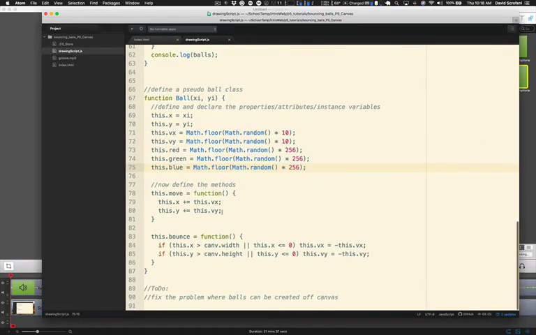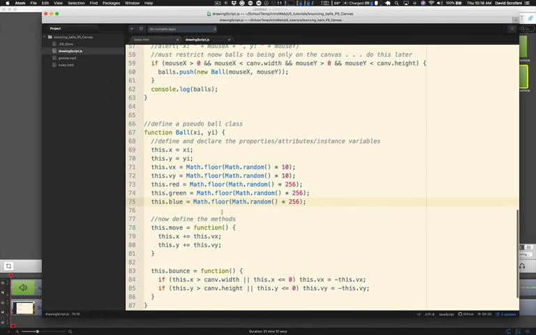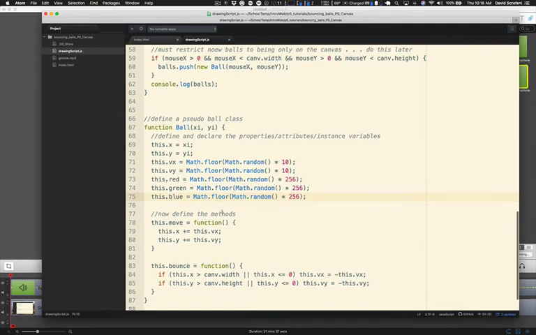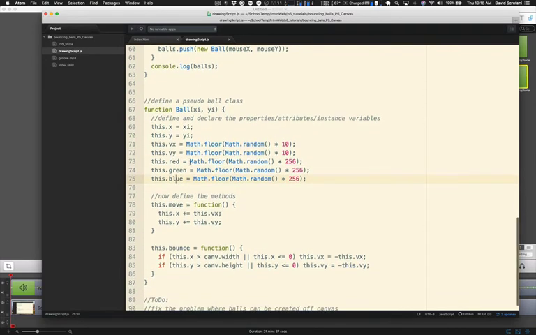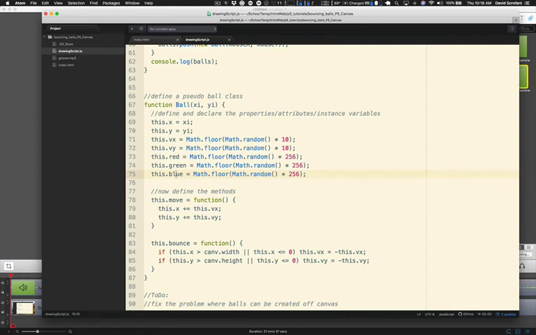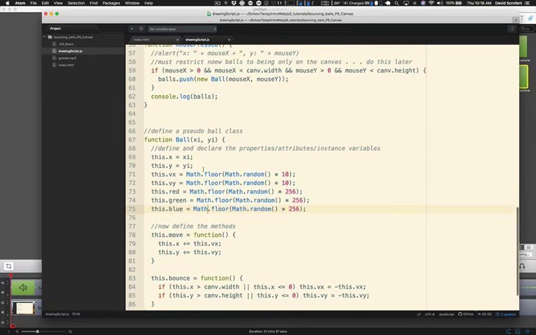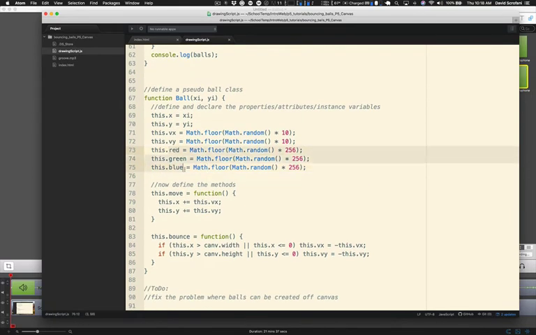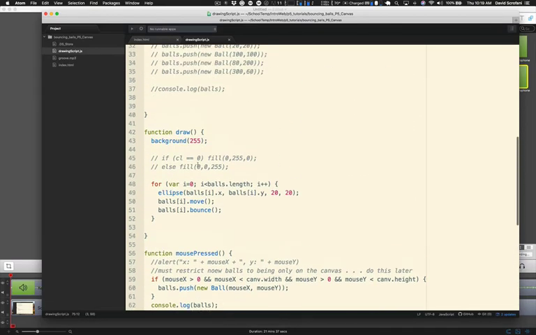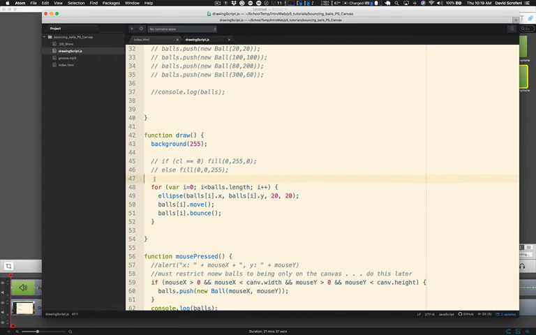So now what I'm going to do is use those properties, which are assigned randomly when a ball is instantiated, to make the color of the ball. In other words, to paint the ball that color when it's drawn on the canvas. Each ball owns an amount of red, an amount of green, and an amount of blue. I don't know what they are because they are random. But then in the drawing function right here, I'm going to say fill,